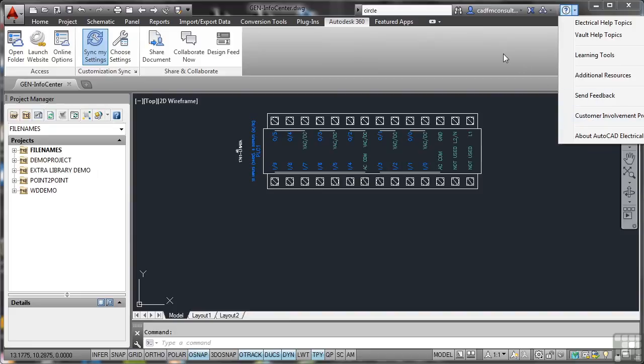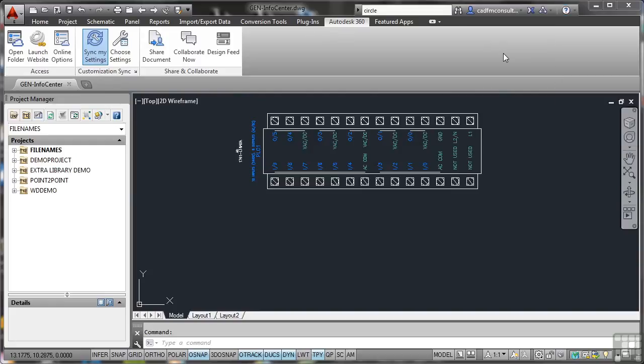So there's a whole load of things on that Info Center that connect you to the community. They allow you to talk to other users and other people that might actually be able to help you with AutoCAD Electrical. So don't just dismiss the Info Center. It's a very useful tool. Make sure you've got your Autodesk ID set up so that you can utilize Autodesk 360. You can store your electrical drawings in the cloud and use them somewhere else where you might log in